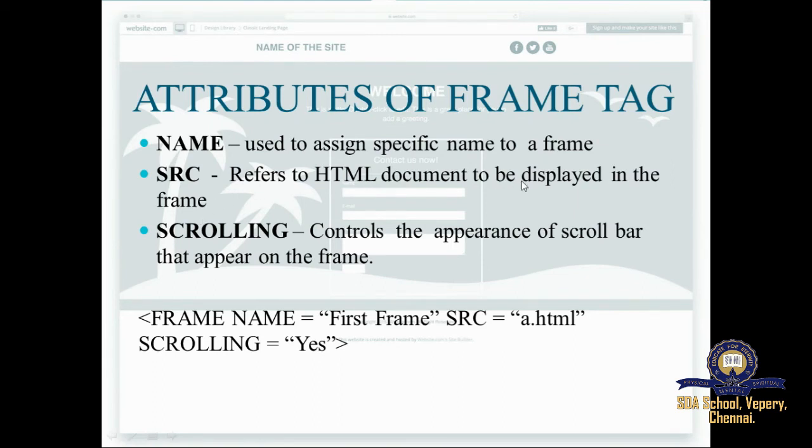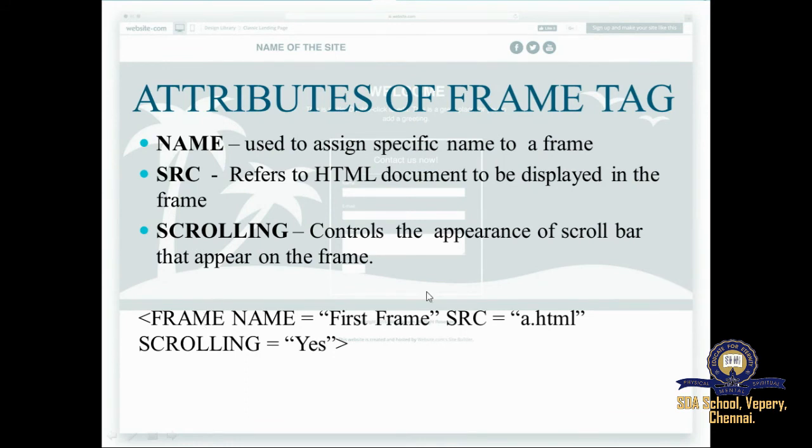What HTML document you are going to display inside your frame. And scrolling. You will be seeing in some pages some buttons that are movable, so you can move your pages. So scroll is nothing but the movable option. Whether the scroll has to appear on the frame is mentioned using your attribute scrolling.